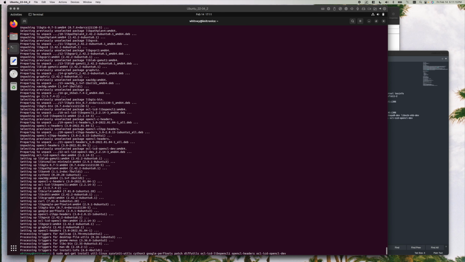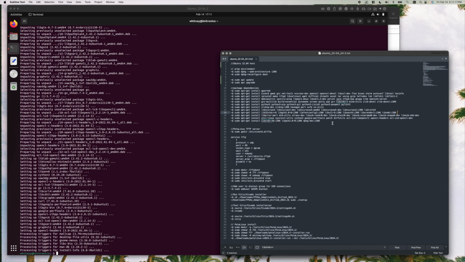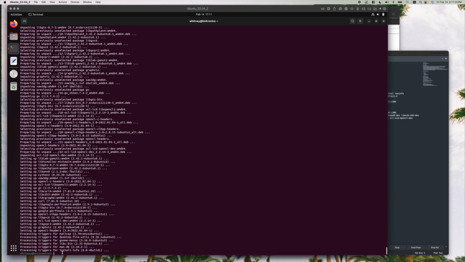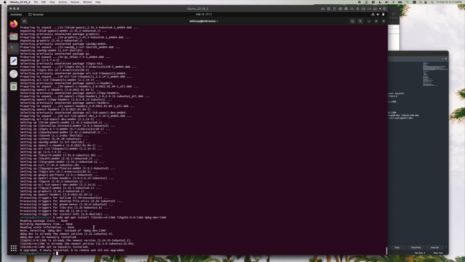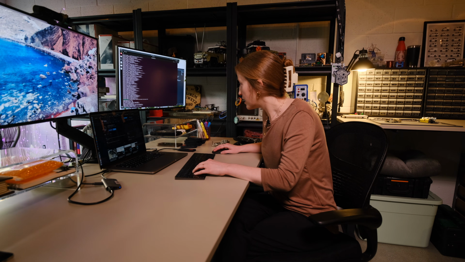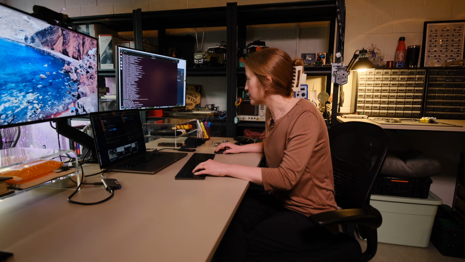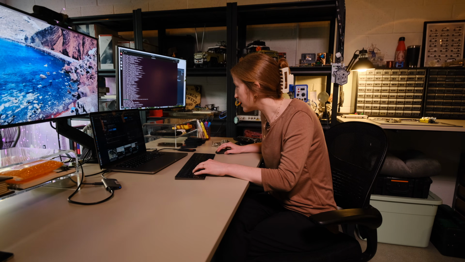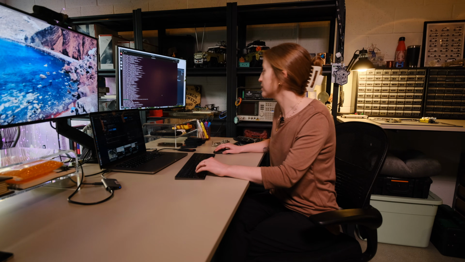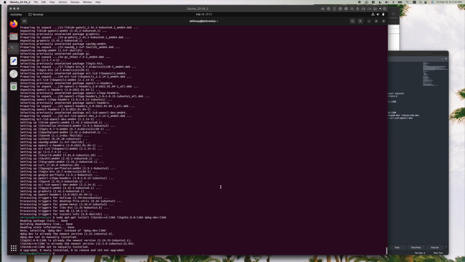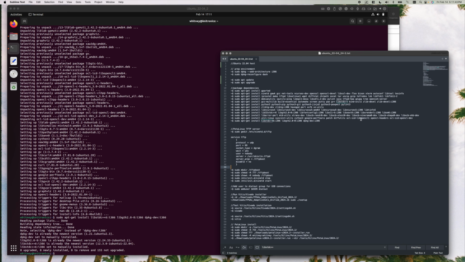Which one? That was OpenCL. And this should be the last of our package requirements here. See? Oh, and I already had those, they must have been dependencies previously. Okay, we are good to go. So I'm not sure, lesson learned, if you install